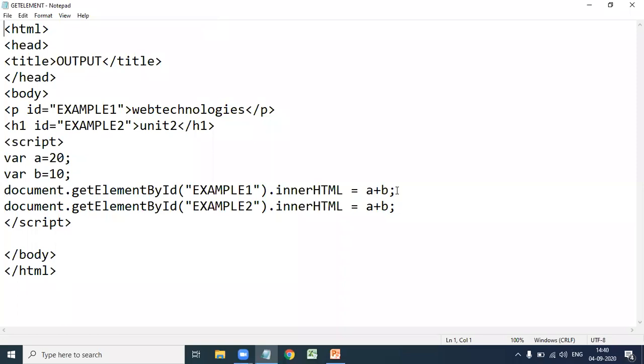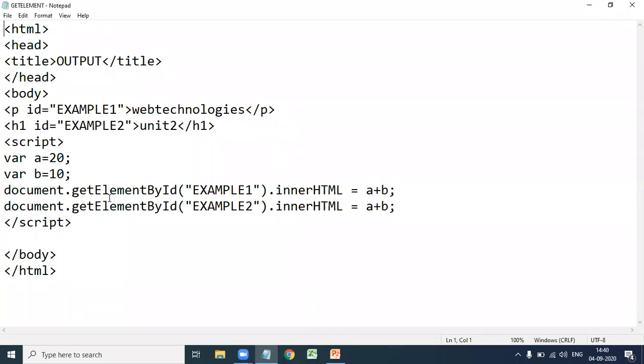So here document.getElementById changes the HTML content of the element having ID equal to example1 with the a plus b value. The second one is also the same. It changes the HTML content of the element having ID equal to example2 with the a plus b value.